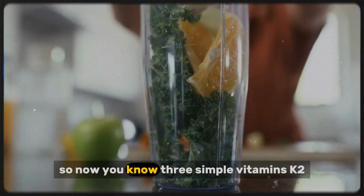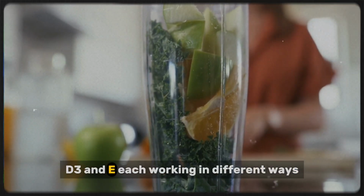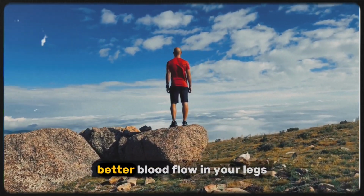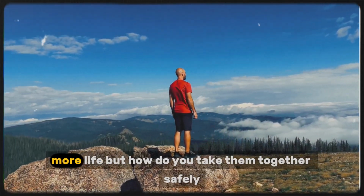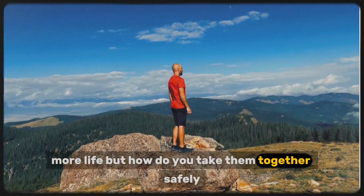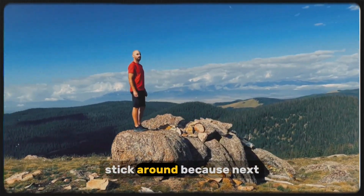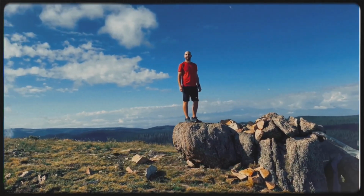So now you know 3 simple vitamins, K2, D3 and E, each working in different ways, all targeting the same goal: better blood flow in your legs, less clot risk, more energy, more life. But how do you take them together safely? What's the perfect daily combo? Stick around, because next I'll show you how to stack these 3 vitamins for max results with real tips and